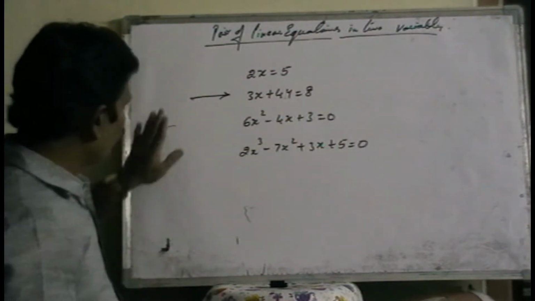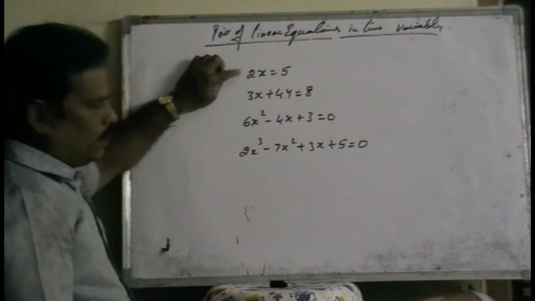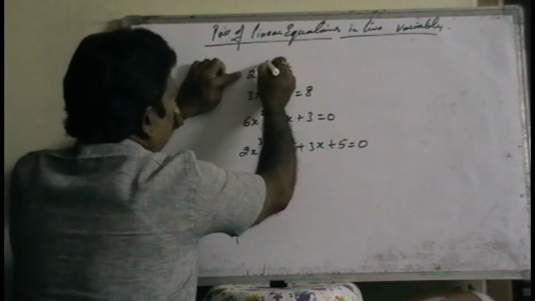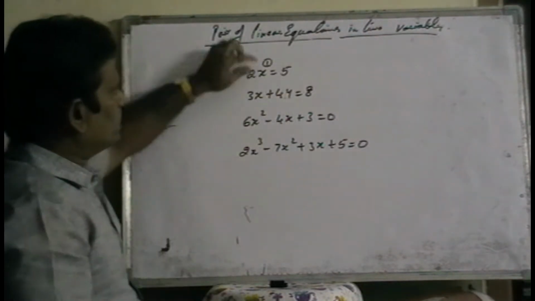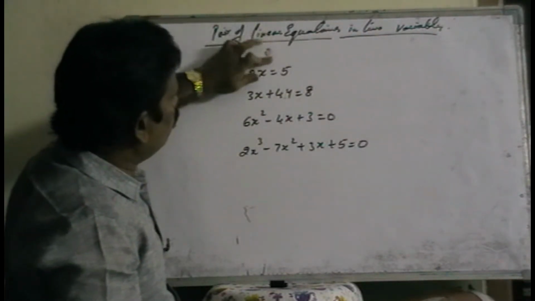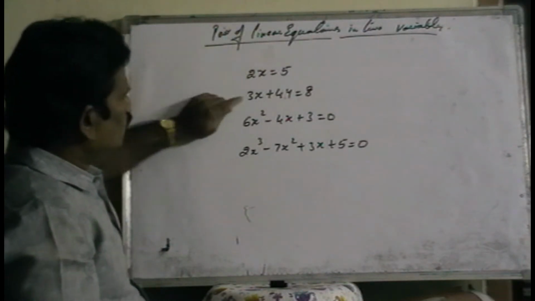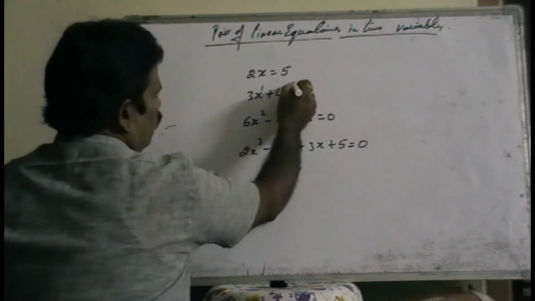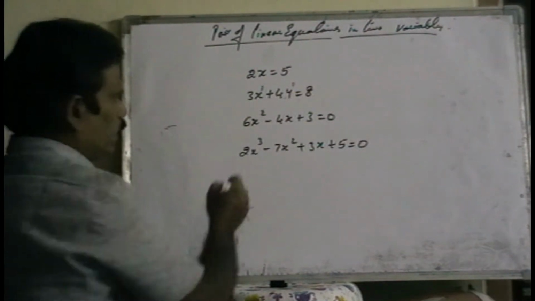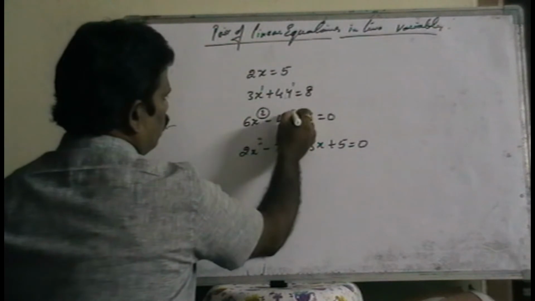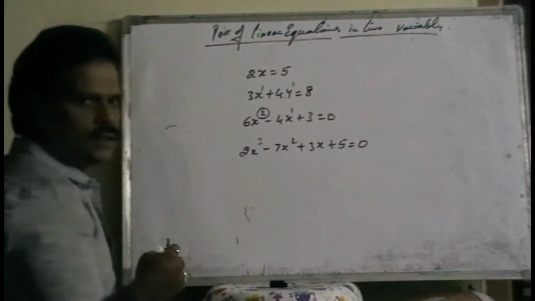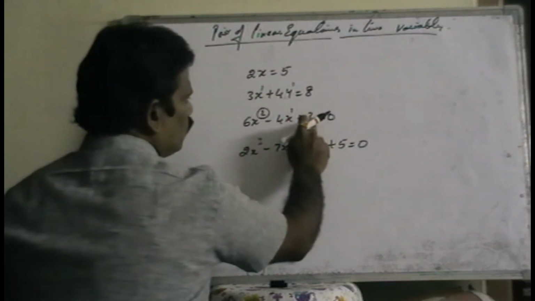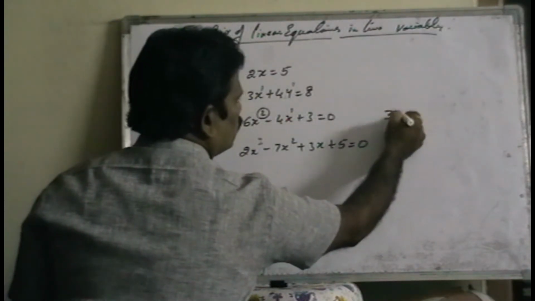Now listen carefully. Now in this variable, whatever its power, x to the power nothing means 1. 2x means nothing but what? 2x to the power of 1. Right? 3x plus 4y means what is the power of x? 1. y power 1. And here x power 2. y power 1. Here 3 is a constant. Now what is the power? Here x square, x. Now here 3 means what? It is nothing but 3 into x to the power of 0.